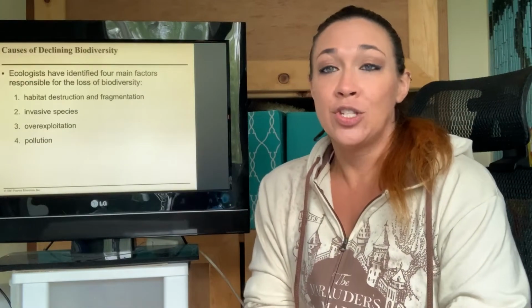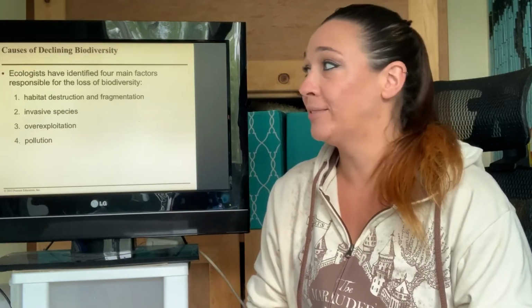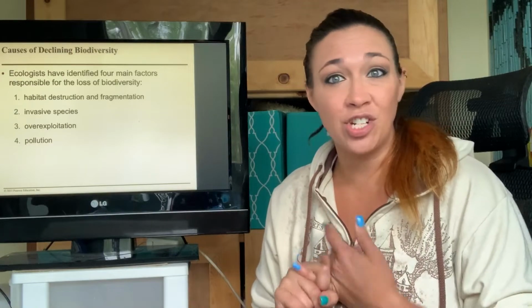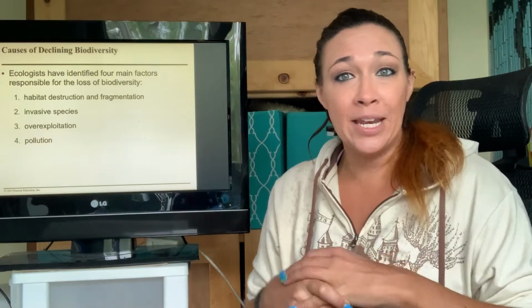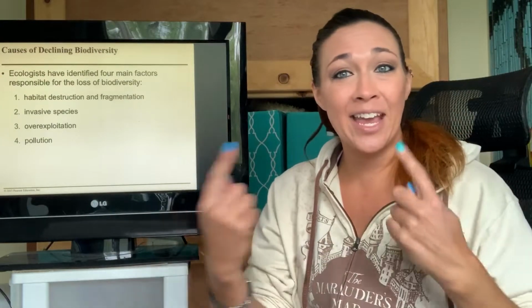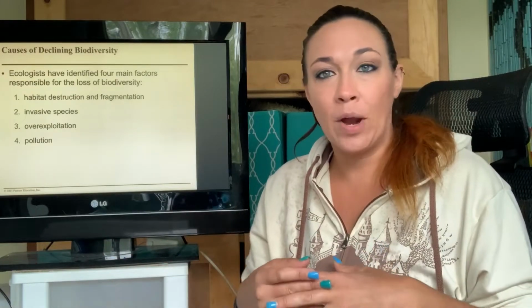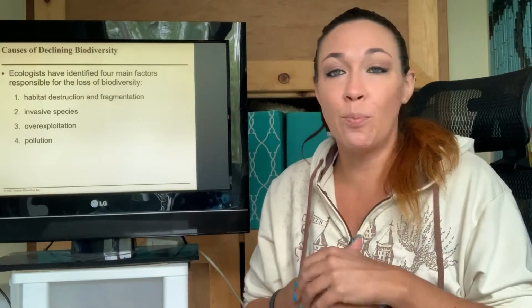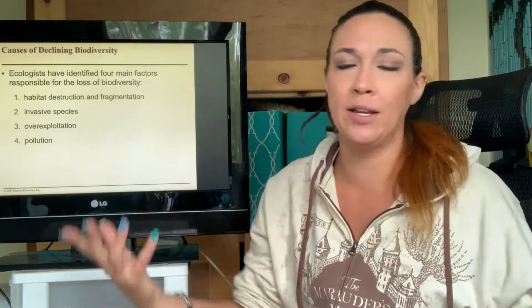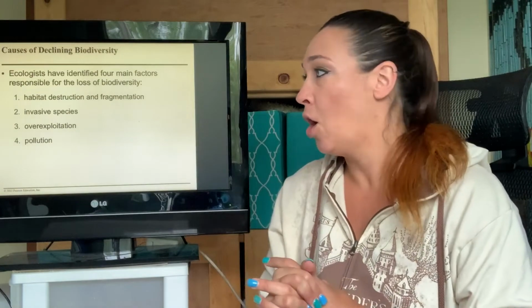But first, we're going to talk about what can actually cause decreases in biodiversity. So there's the usual suspects. We have things like pollution, right? We have things like habitat destruction or what's called fragmentation, meaning what was one big piece of land we've now broken up into little bits. And maybe they can't be connected anymore for the animals. Not for us, but for the animals, right? Maybe you're a tiny little mouse and you're trying to get across the highway. You're not going to get across that highway now. So that has caused habitat fragmentation.